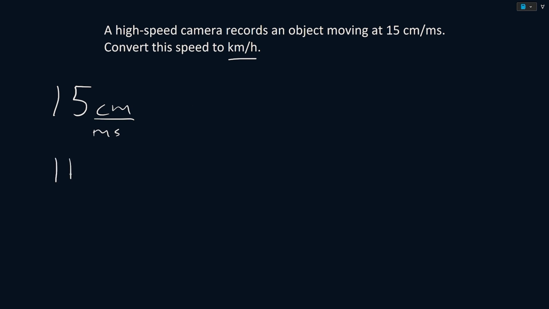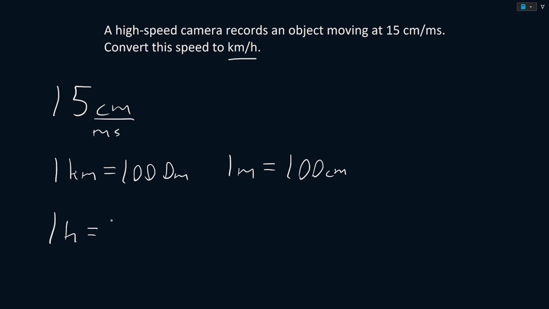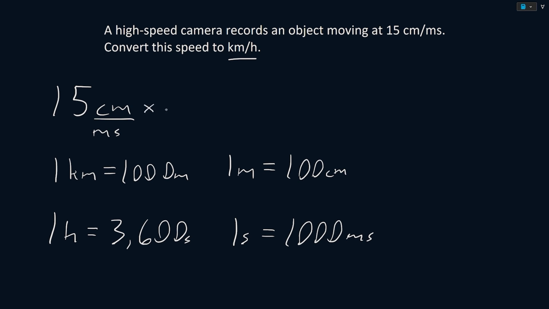We know that 1 kilometer is equivalent to 1,000 meters, and we know that 1 meter is equivalent to 100 centimeters. We also know that 1 hour is equal to 3,600 seconds, and that 1 second is equal to 1,000 milliseconds. So to convert from centimeters per millisecond to kilometers an hour, we need to first convert the centimeters to